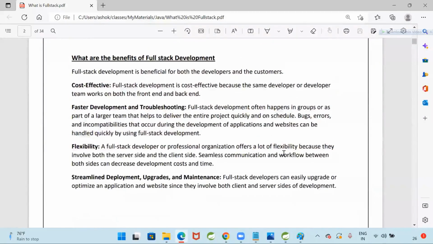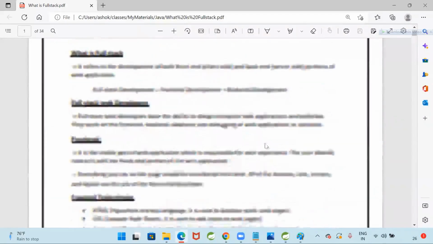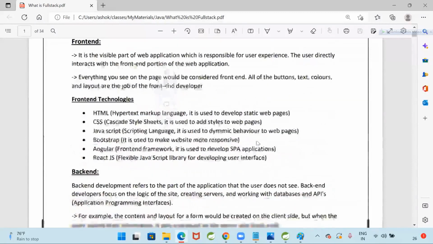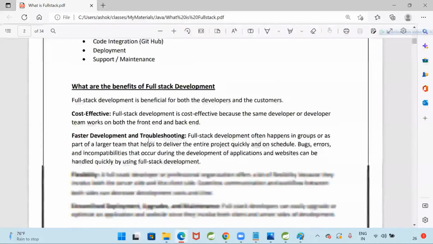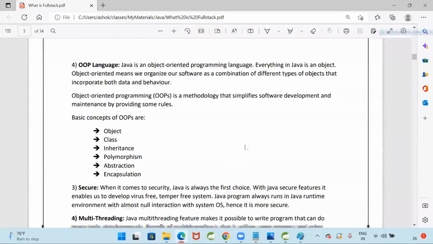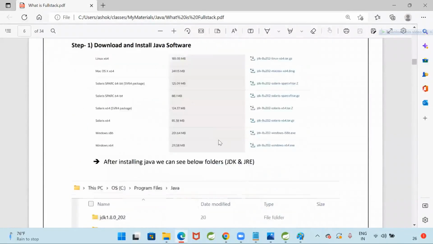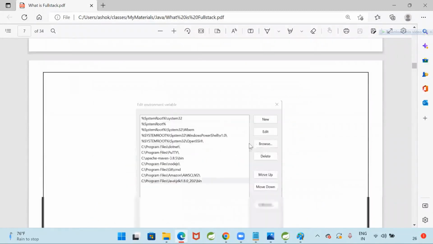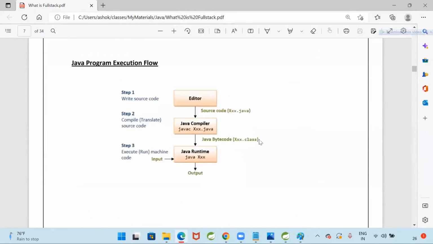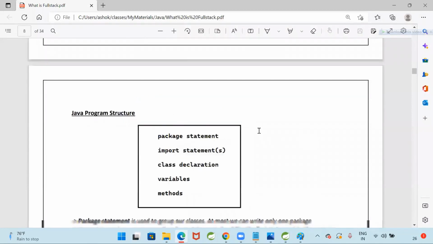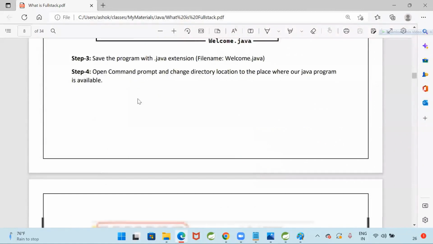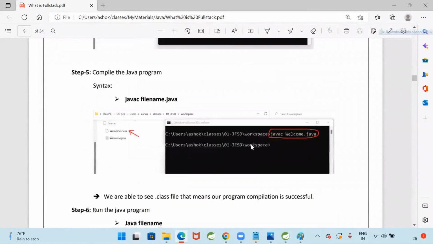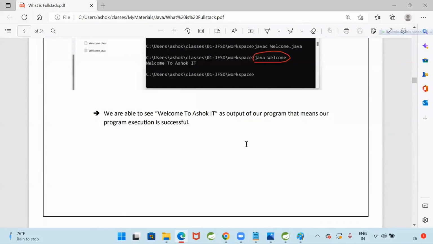First I have given what is full stack development, the introduction part. And here I have prepared chapter 1 notes, unit 1 notes, completed already. What is Java and Java features with the diagrams, the complete theoretical part, how to install Java and how to set the path for Java, and Java program execution flow and programming structure. Whatever I am discussing in the class, it is my handwritten material. How to compile the program, how to run the program, what are